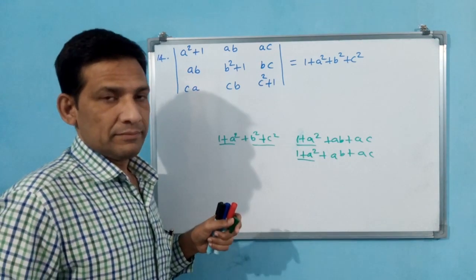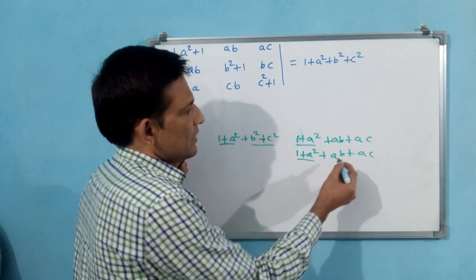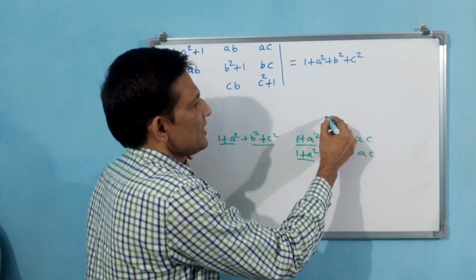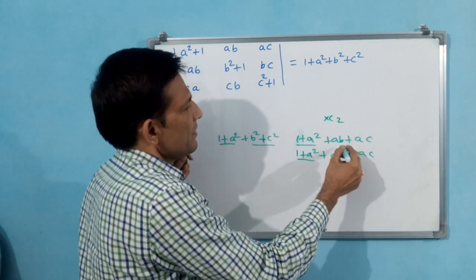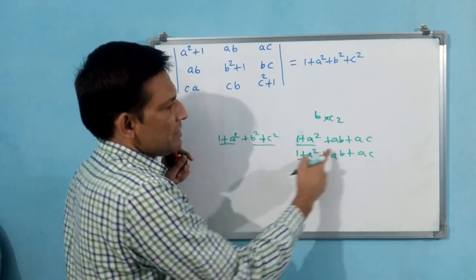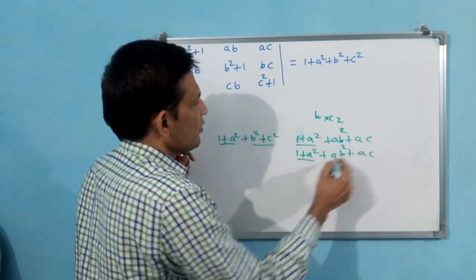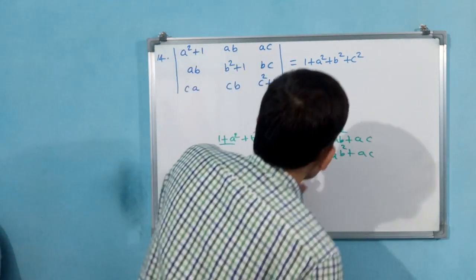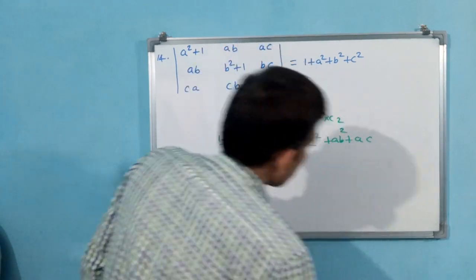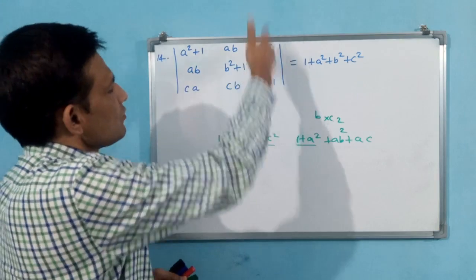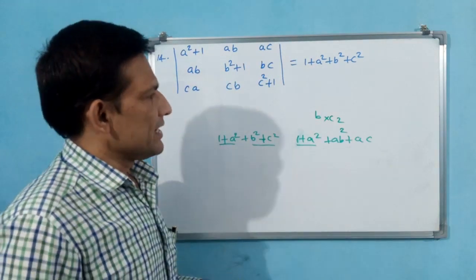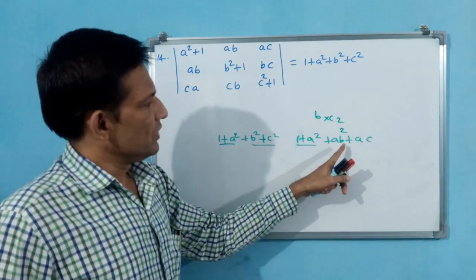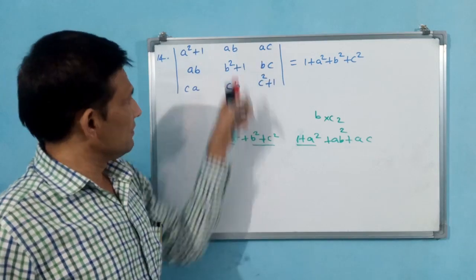That means how to get this as b square and c square? For taking common. That means AB is in C2. Shall I multiply C2 with C? Sorry, B. If I multiply by B, then it is going to become B square. This is also going to become B square. Now let us see only one. Don't see rows. We are seeing column 1, column 2, column 3. We are adding like that, and I am planning to multiply this with B, C2. AB will become AB square. Why? Because B square.